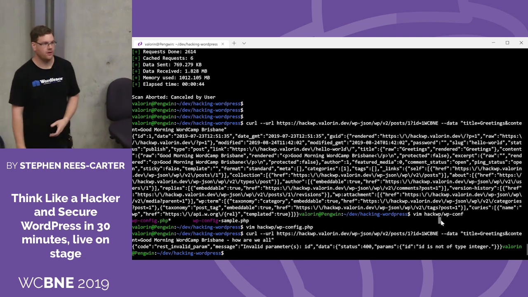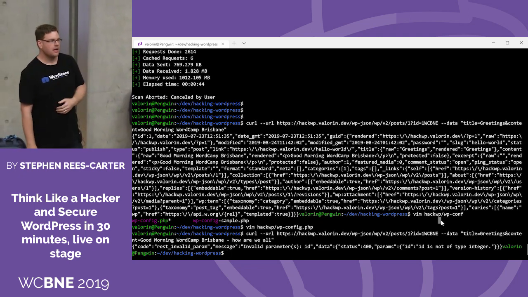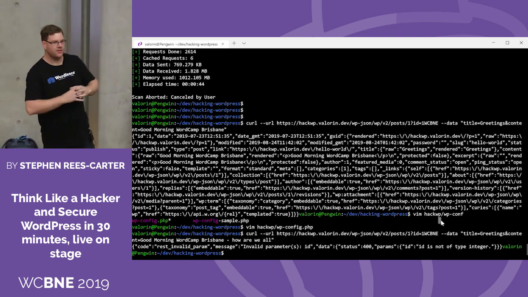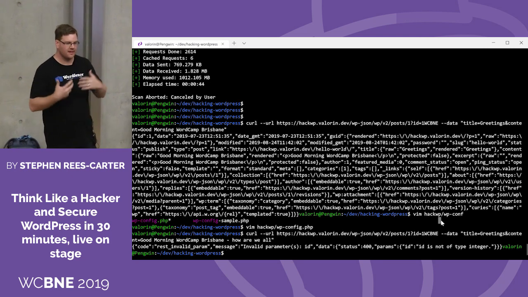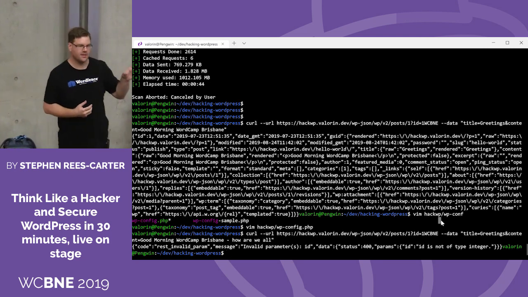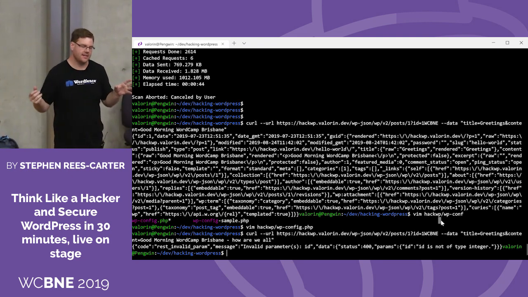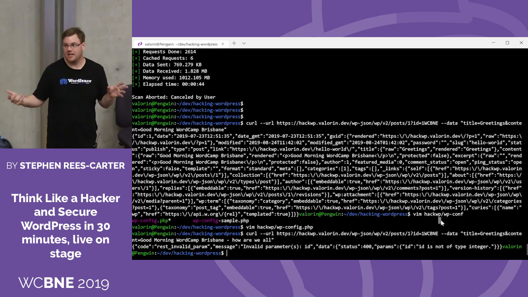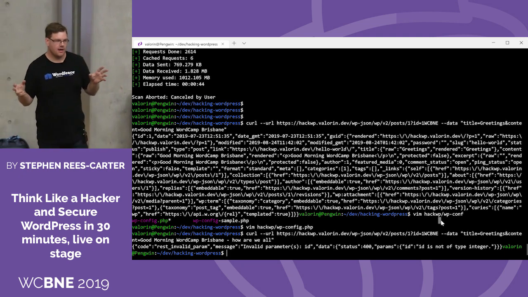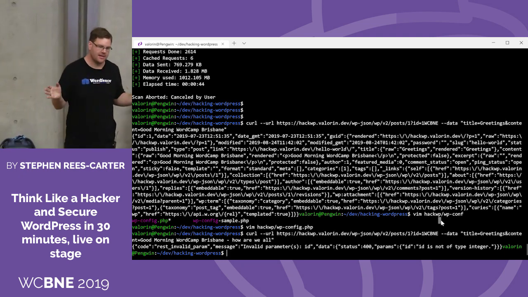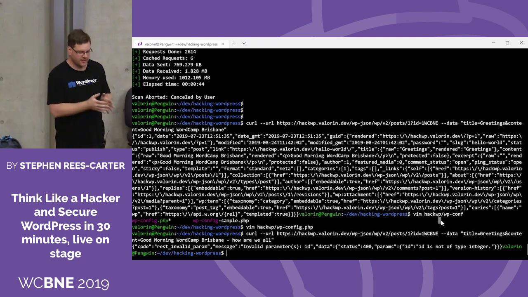So what's going on in the old code, the vulnerable code, is when the request comes in, it says, okay, so I've been asked to modify this post with an ID of 1 WCBNE. And the code goes away and says, okay, find me the post that has the ID of 1 WCBNE. It checks the database, the post doesn't exist. So it doesn't care anymore. It just says, okay, that's fine, keep going, there's no post, we don't have to do any authentication,